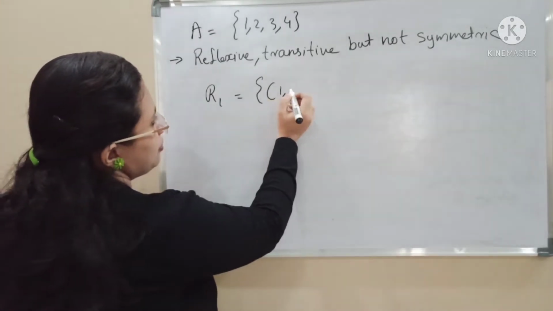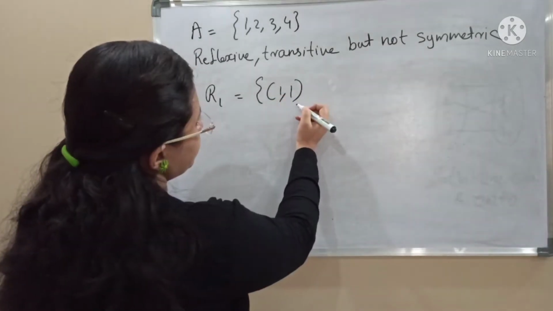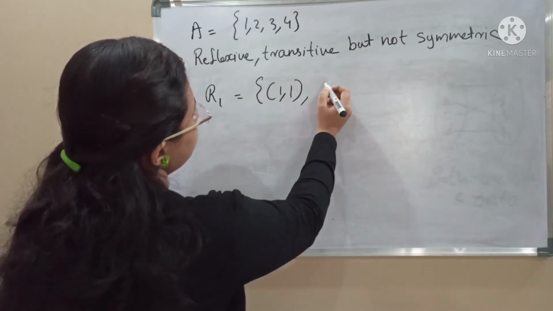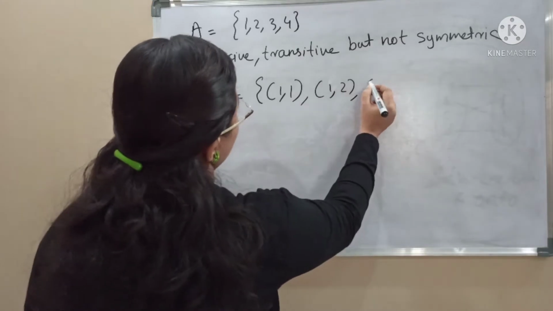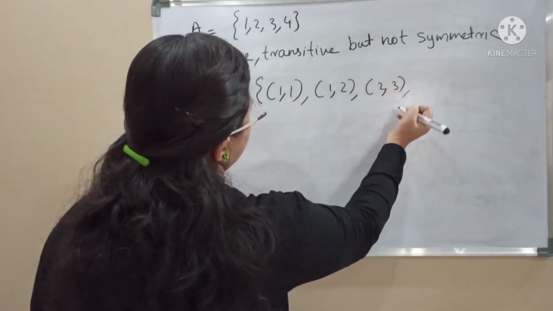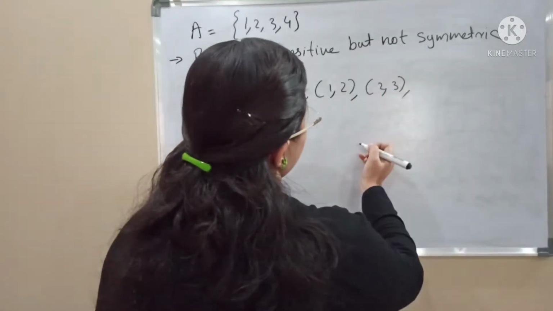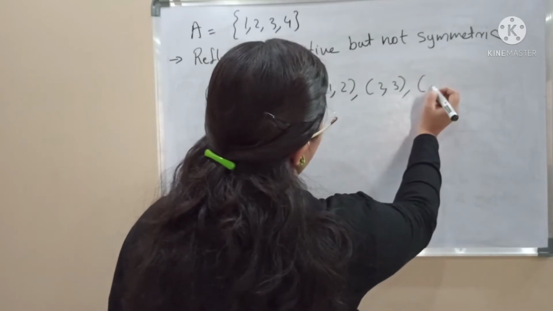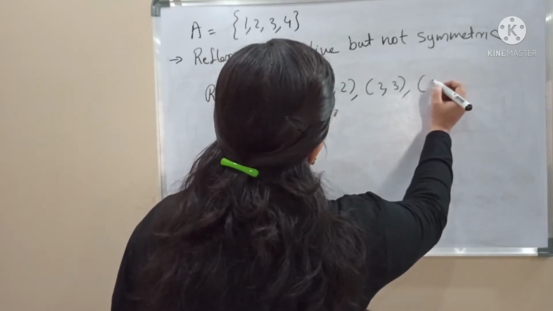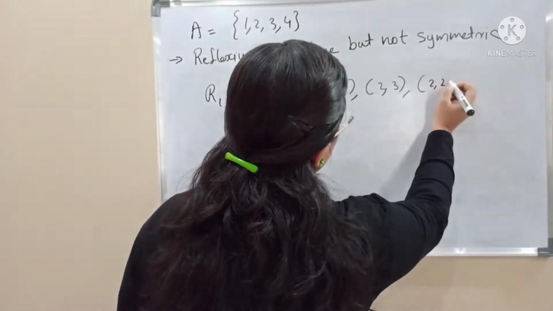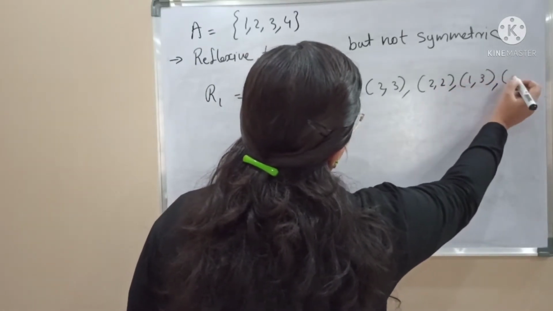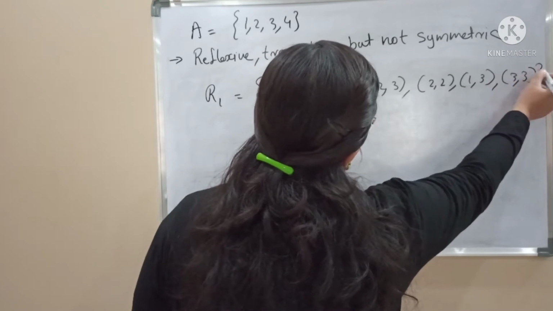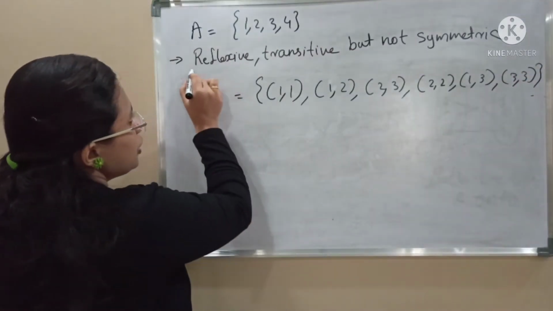So suppose I am taking this relation R1: (1,1), then (1,2), (2,3), then (2,2), (1,3), then (3,3). So our first condition